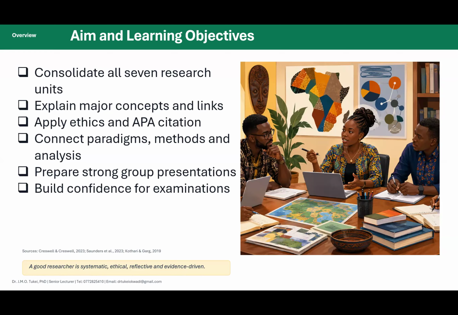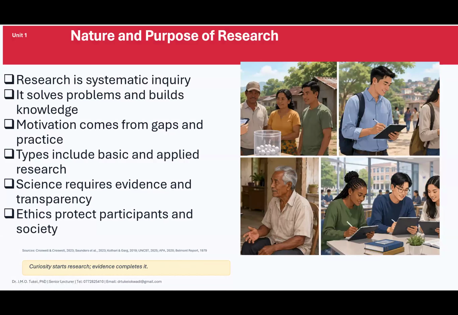But most importantly, I want you to prepare the 15 groups and ensure that you bring out your best and be able to explain some of these concepts and whatever you have learned, so that at the end of the day, you build up confidence for your examination. This is key and very important. But if it's not important to some of you, no worries. We don't have any issue to begin joking here and there. So, colleagues, this is very important.